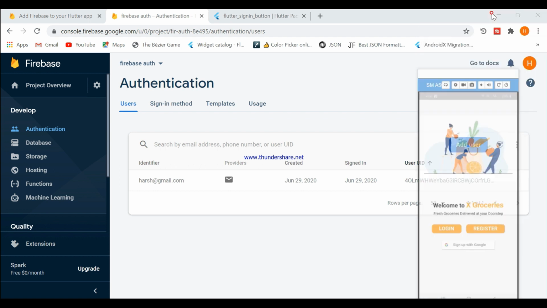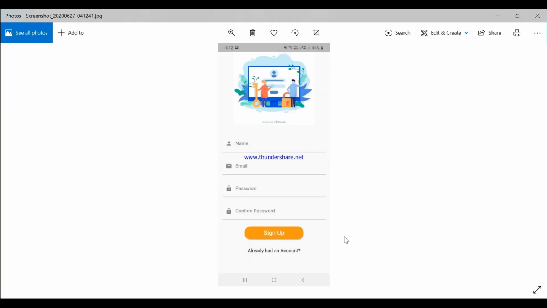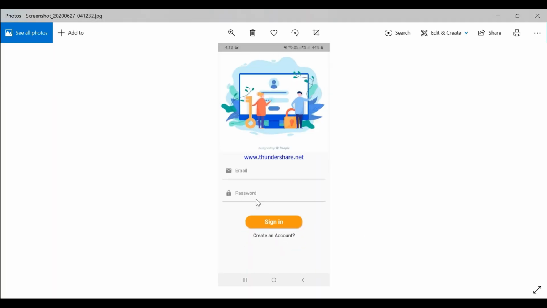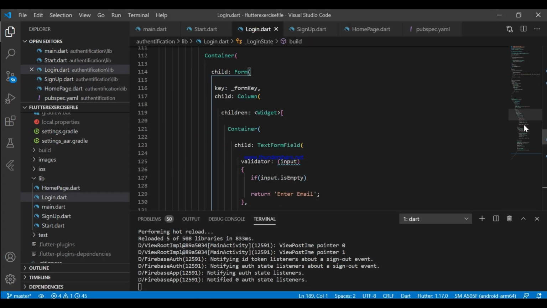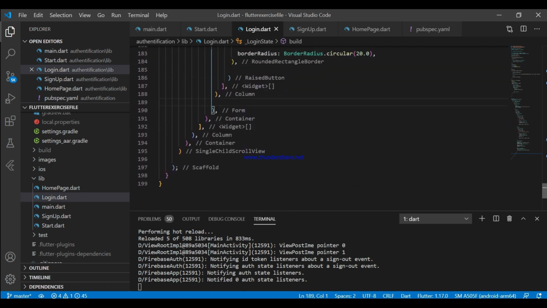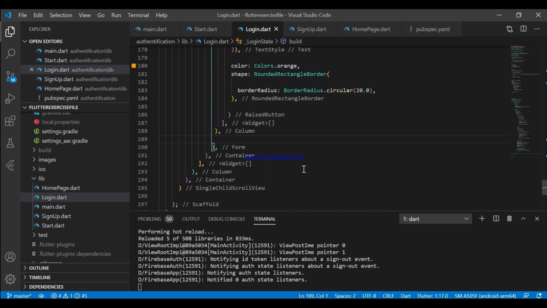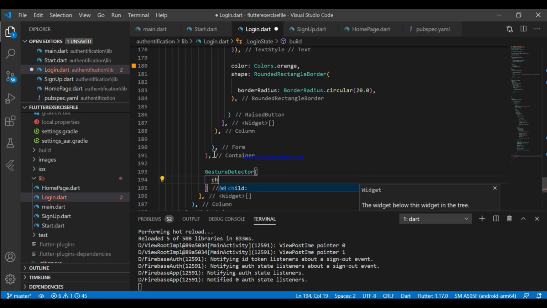Guys, this video is getting too long, so I'm going to provide the Google sign in part in the next video. Create an account button. For this, we are using gesture detector. I'm going to end this video right after this gesture detector.